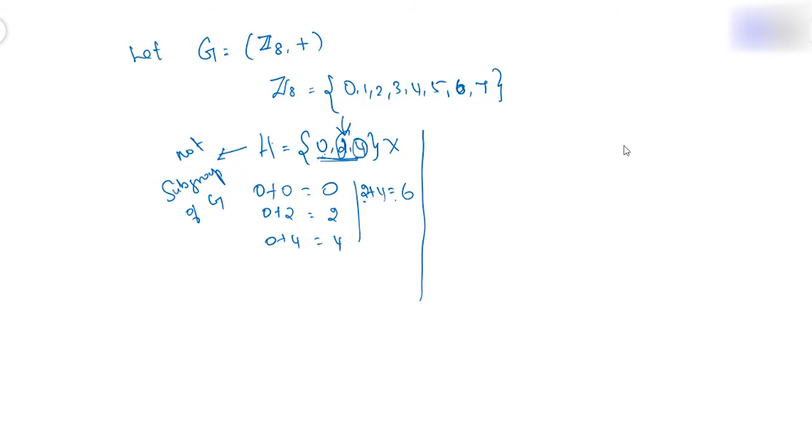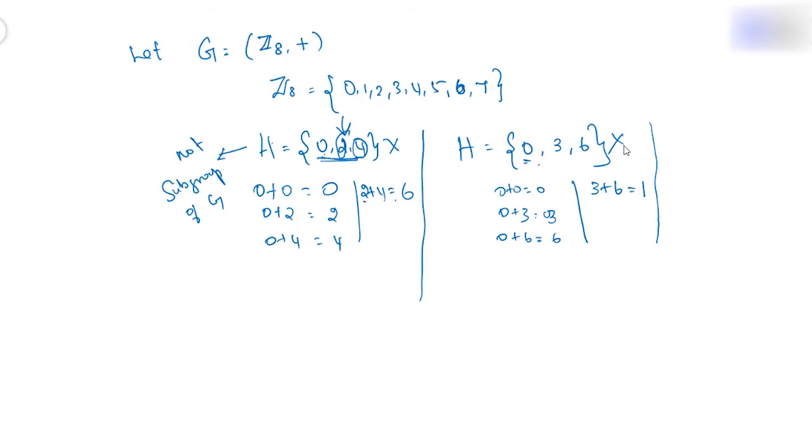So, what can be an example of a subgroup for this particular G? The identity element should be in the subgroup, so start with 0. Next, maybe 3, 6: 0, 3, 6. Let us see. 0 plus 0 is 0, 0 plus 3 is 3, 0 plus 6 is 6. Similarly, 3 plus 6 is 9, which is 1, but 1 is not here. Therefore, it is not a subgroup.